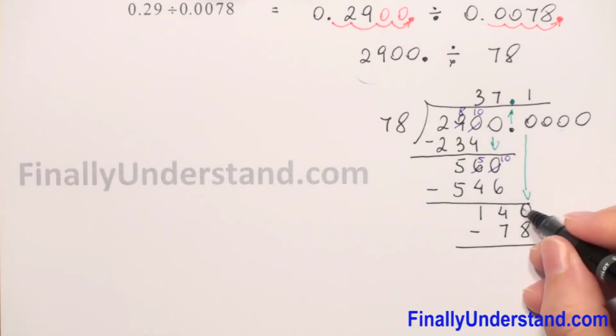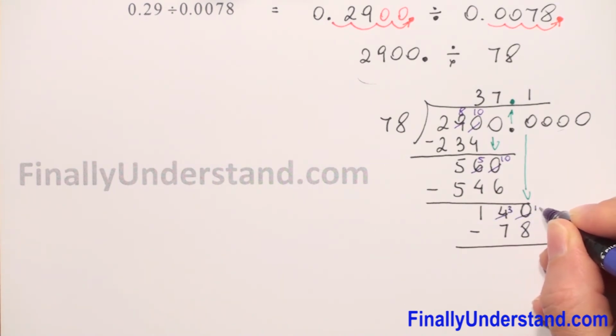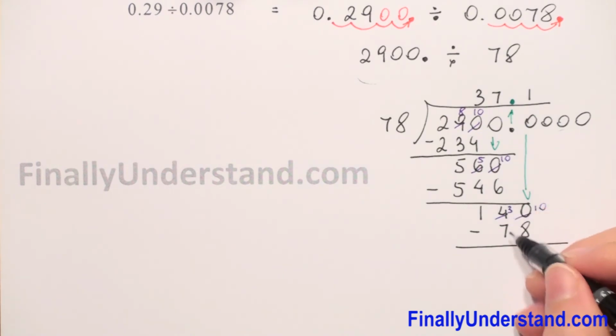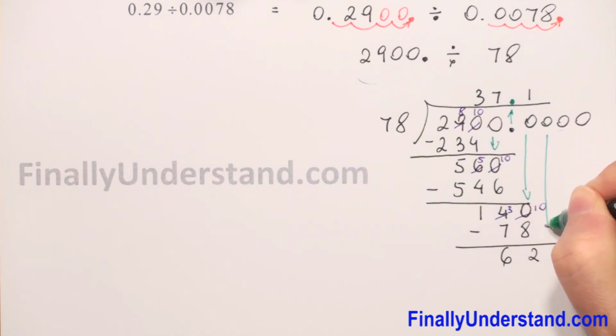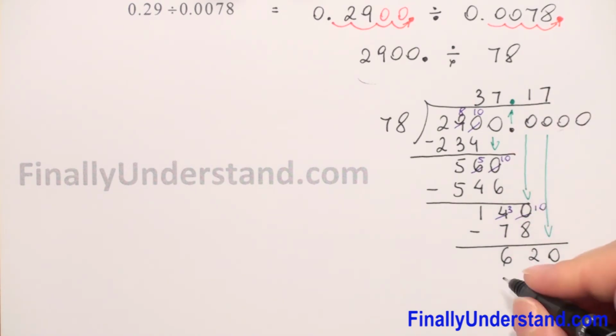Subtraction again. So we borrow 1 from 4, so it will be 3. And at the end we will have 10. 10 minus 8 is 2. 13 minus 7 is 6. So what next? We have to take down the next digit. So we have 620 divided by 78 is 7. 7 times 78 is